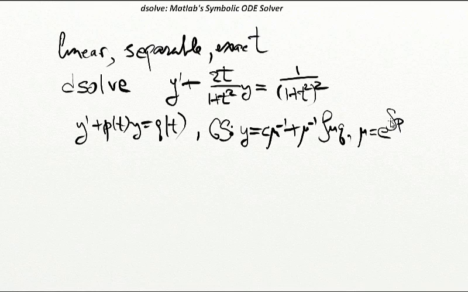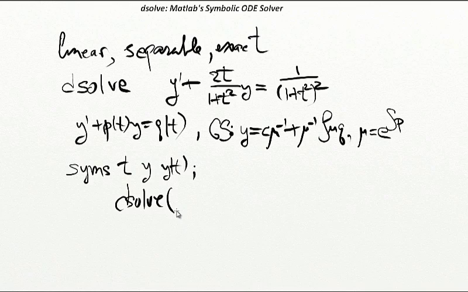Now, the preferred MATLAB syntax for solving this equation, or an equation of this form, via Dsolve is as follows. You first type syms t, y, y of t. So we're declaring t, y, and y of t to be symbolic variables. And then here's the Dsolve command. Dsolve. First, the differential equation in this format. Diff